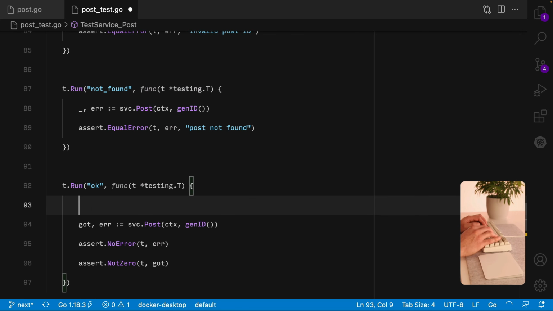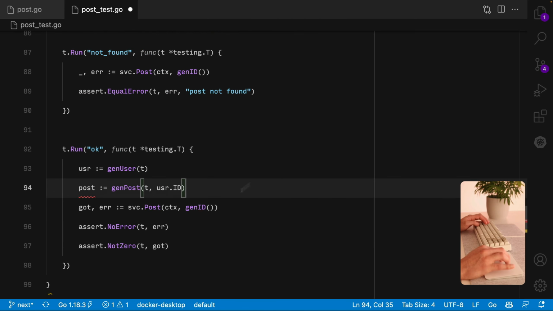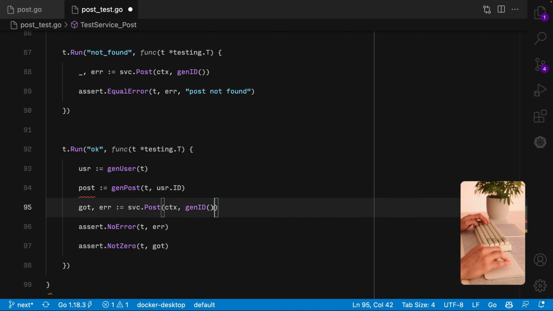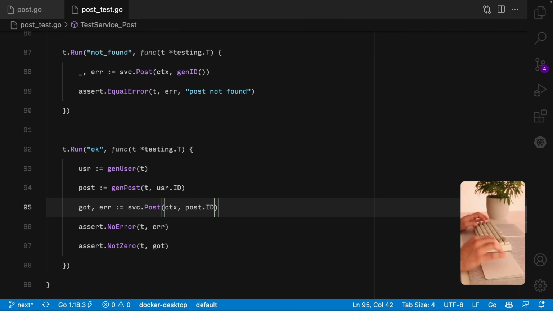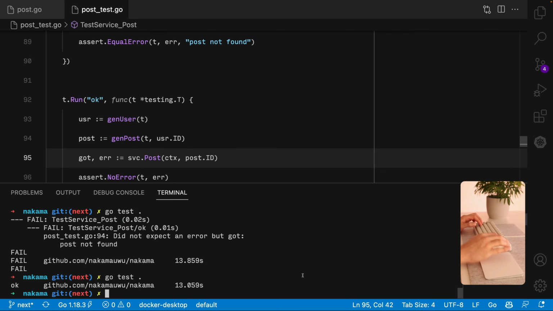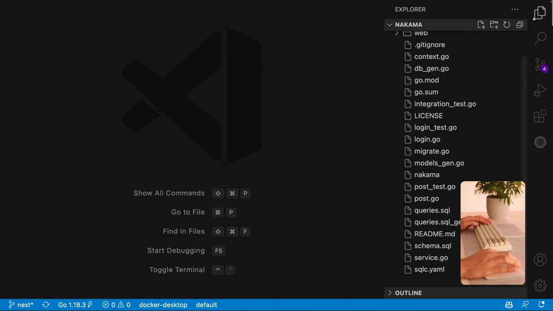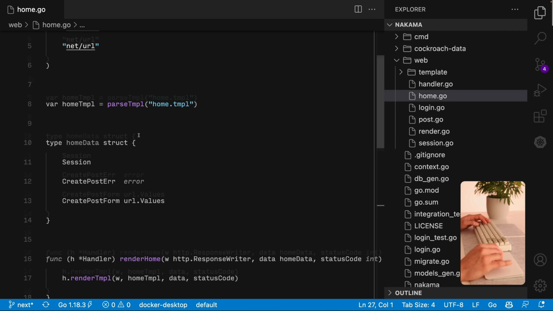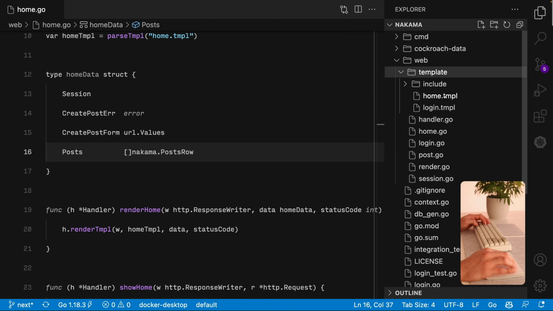So here now we can generate a user, generate a post, pass in the user ID, and here we can pass the new post ID. Alright, now everything should be working fine. So we're going to continue and go to the handler now. So in the home handler, in the data, we're going to add our post, like so. And in the template for the home page,